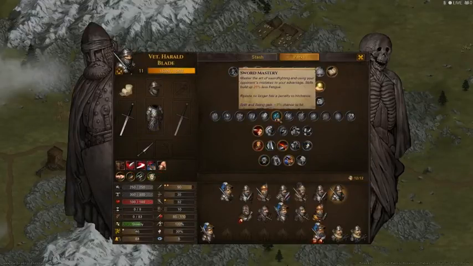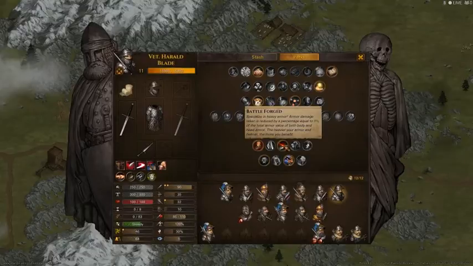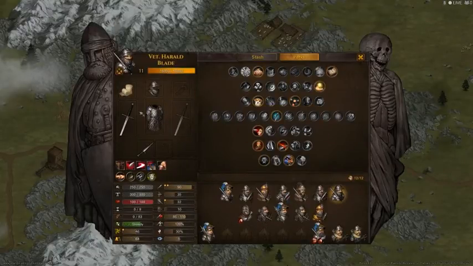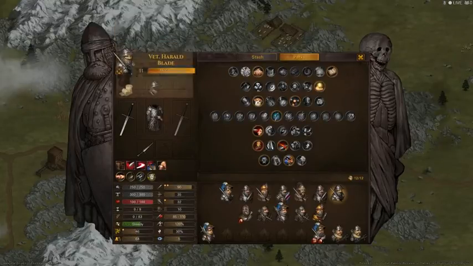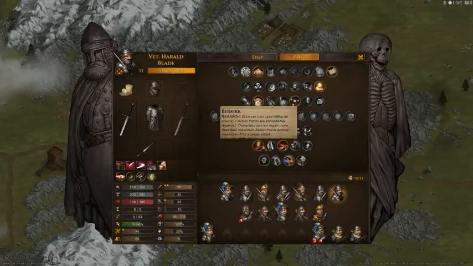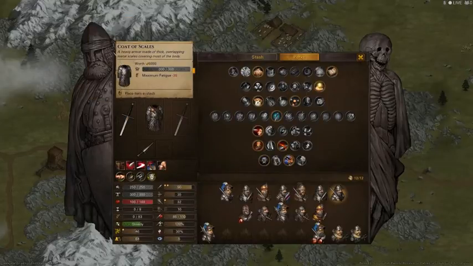And he of course has Sword Mastery for more fatigue economy, Battle Forged for heavy armor, and of course it's good with heavy armor because it makes armor last longer. Berserk is essential for 2-handed guys, because when they kill they can attack a second time, and